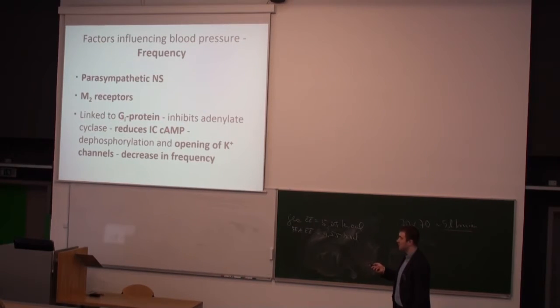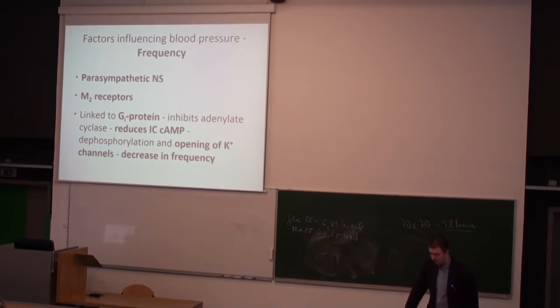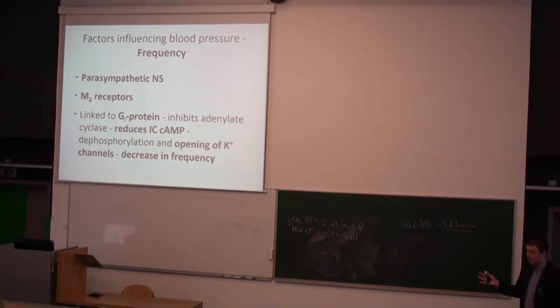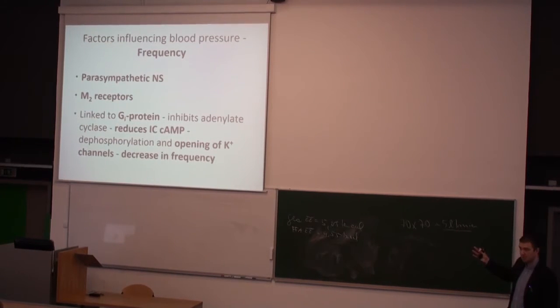M2 are linked to the opposite G protein than Gs. That means to Gi protein. And what they do is simply, they do the opposite thing. That means they will decrease the level of cyclic adenosine monophosphate. Therefore, you will develop the dephosphorylation. As the result, you will make the calcium flow weaker. Plus, they concomitantly will lead to opening of potassium channels. Therefore, the potential at the very end will be more negative.